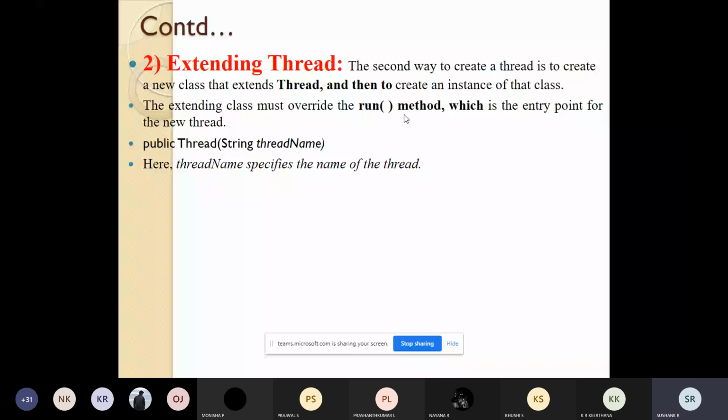So let us check some examples of this threaded application, so you will also understand it better. I'll just write a program with basics, like how you can change the name for the main thread, and also how we can create a simple thread application. All those things I'll write now.